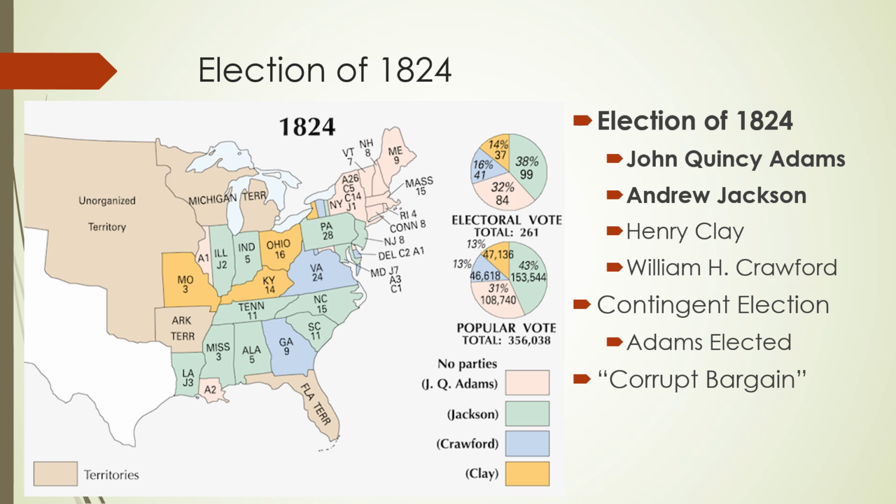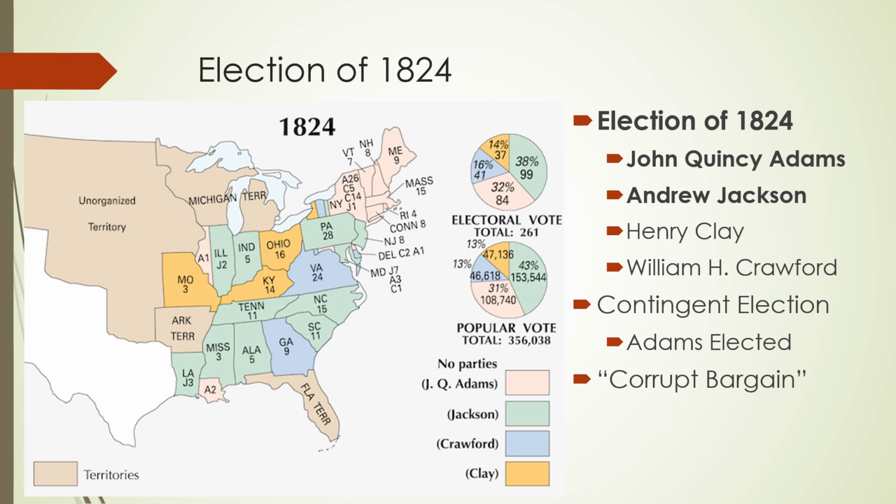We've had several presidents win elections without winning the popular vote. Abraham Lincoln is probably the most famous American president there is, and he didn't win the popular vote. But if we look at the electoral vote, we see again that Jackson is in the lead with 38, followed by Adams with 32, then Crawford with 16, and Clay with 14. So the problem is none of the candidates got a majority of the votes.